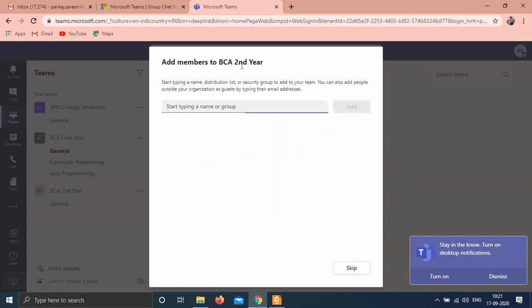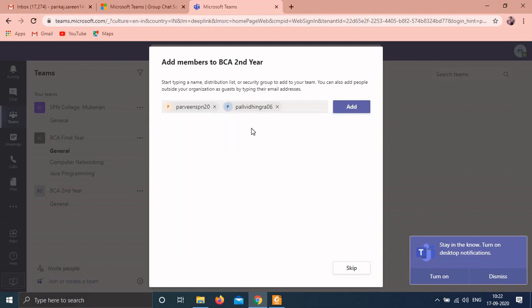So whenever you create a team, you can add members to this team. For example, I have created a team for BCA second year. Now I want to add my students in this class. I am going to add one student.